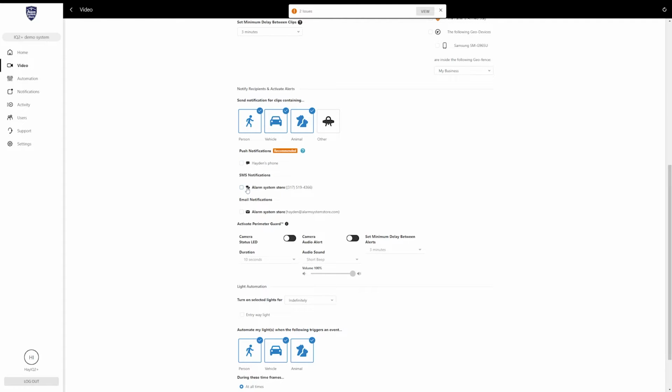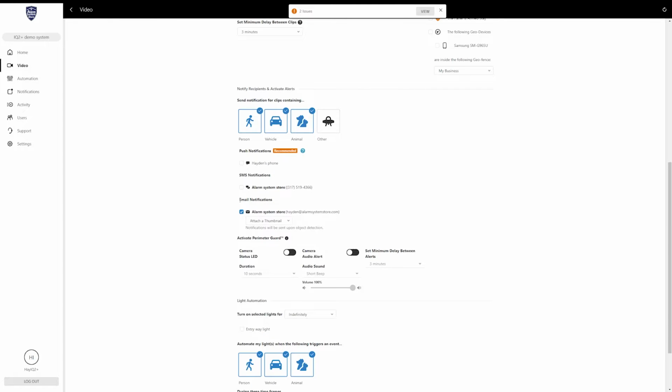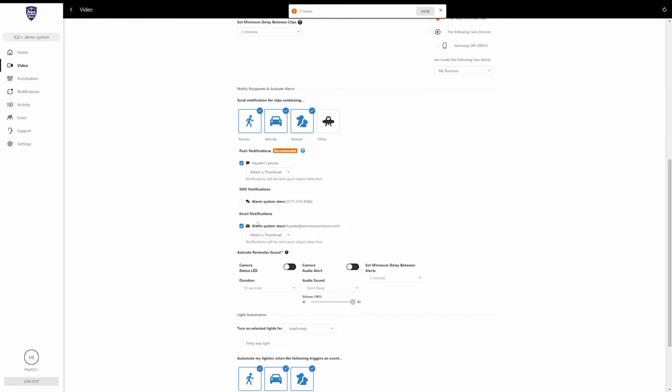And then SMS notifications, same sort of deal. Basically, if you need an SMS text to notify you, you can select that option. And then the last one is emails. So if you want a notification to your email as well, you can do that. Honestly, I typically only do push notification and email. The email, just so that I can archive